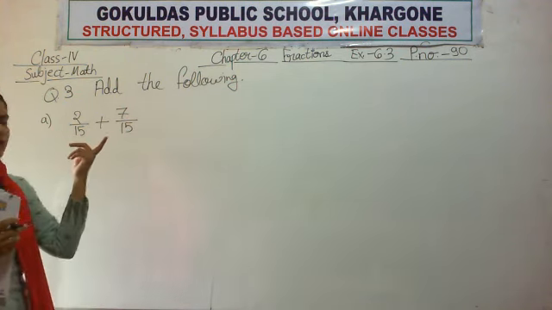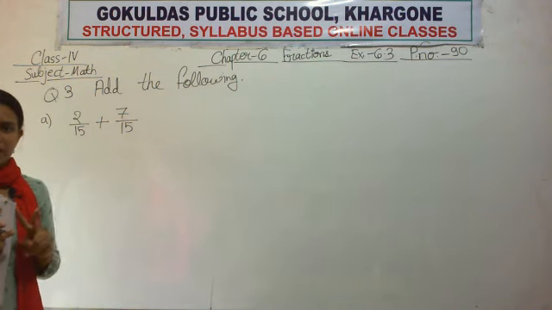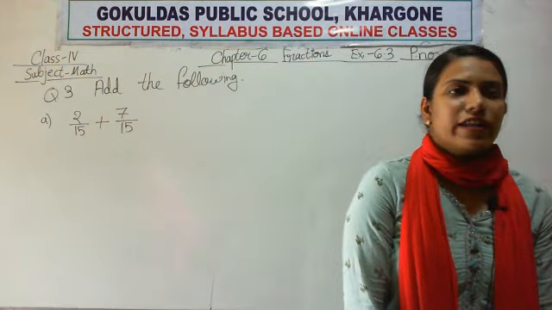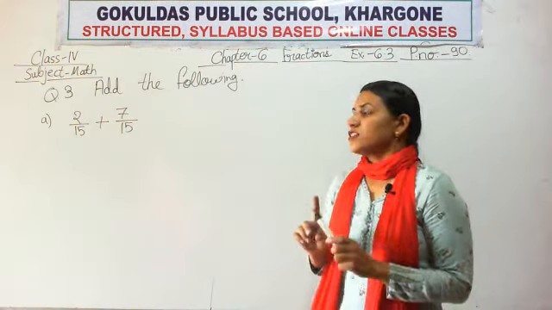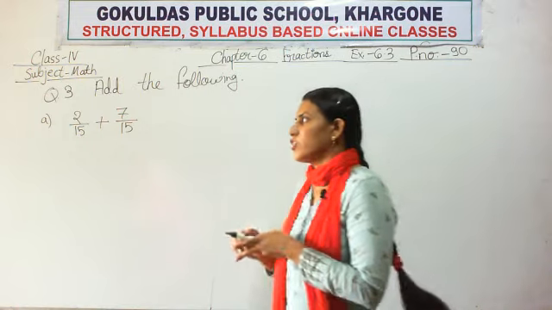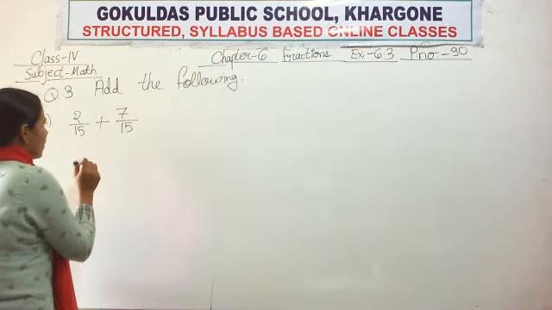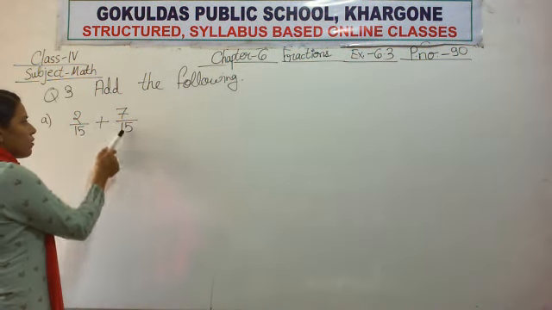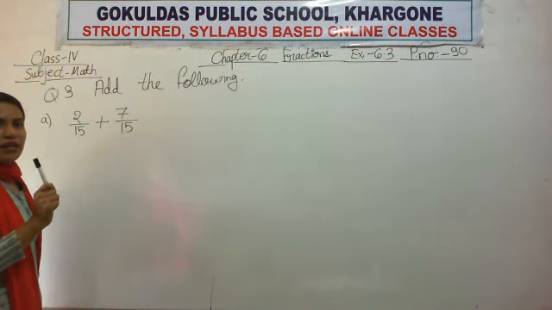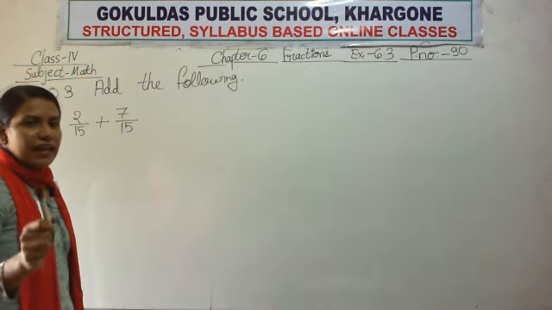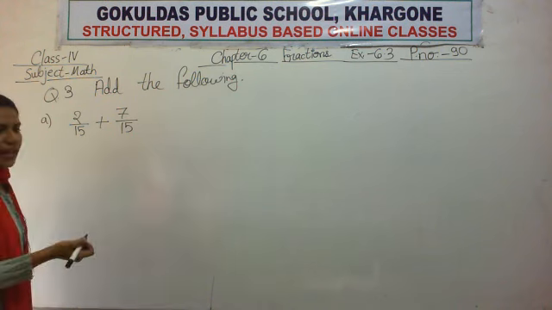Now, you want to add two fractions. So, what is the step to add fractions? Very first step is check the denominator of both, or check the denominator of all the given numbers. Here two numbers are given, check its denominator. Both the numbers having same denominator, it means they are like fractions. And how do we add like fractions?